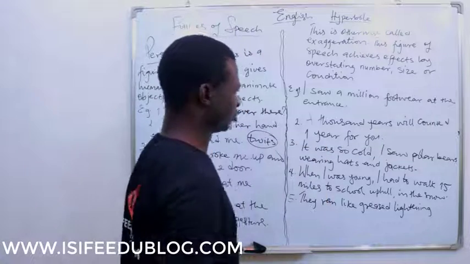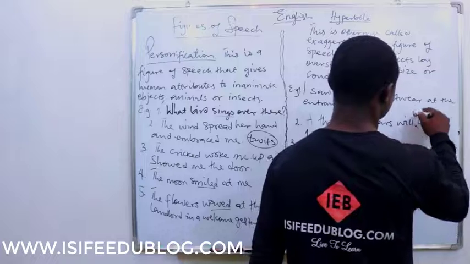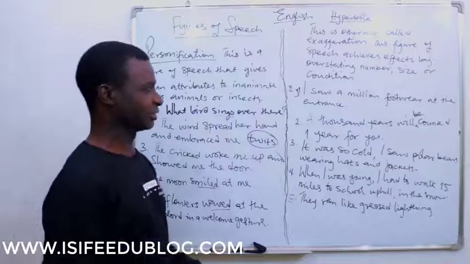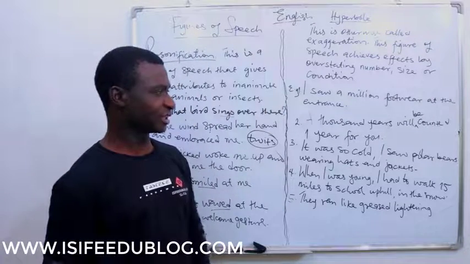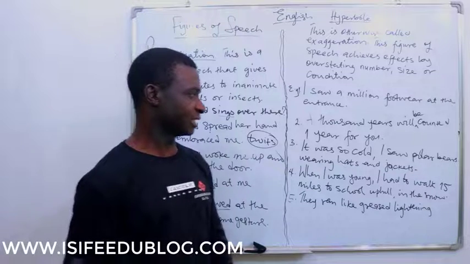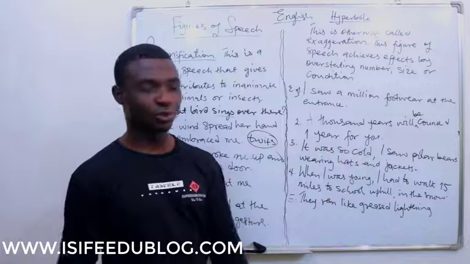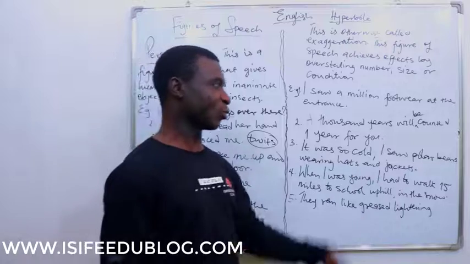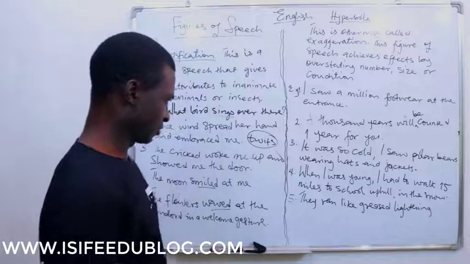1,000 years will be counted 1 year. Yes, there's this play I read not long ago, titled Sacrilege. And one of the exaggerations I saw there, 1,000 years will be counted 1 year for you. That is, the king will reign for quite a long time, and the people wish him this.